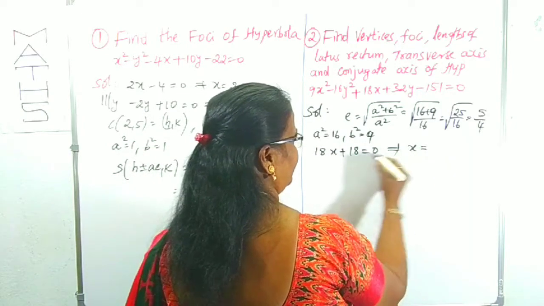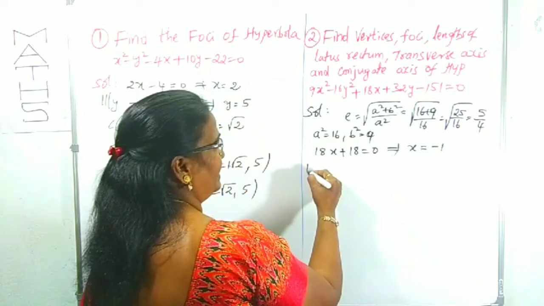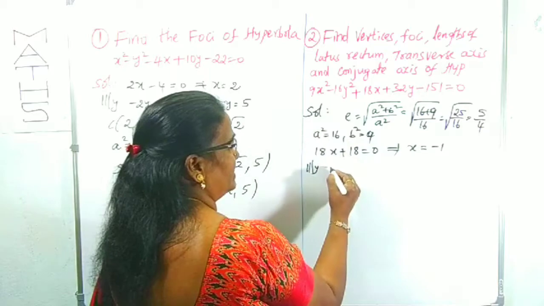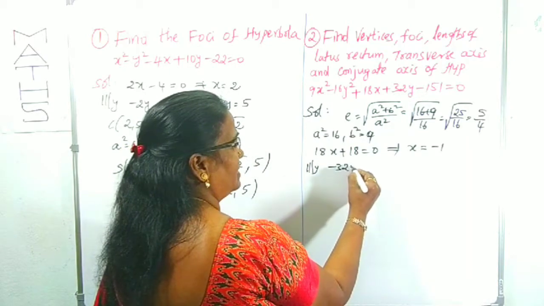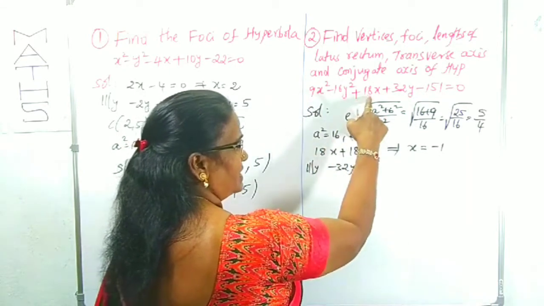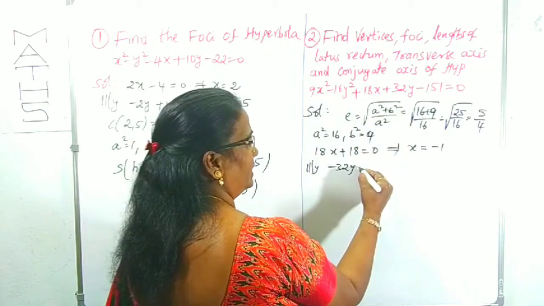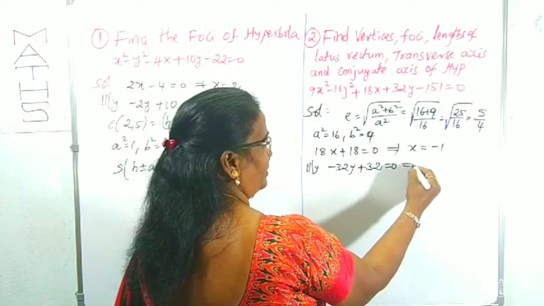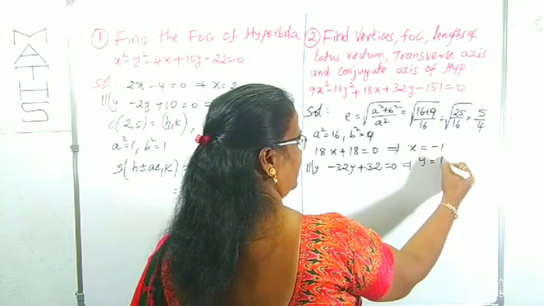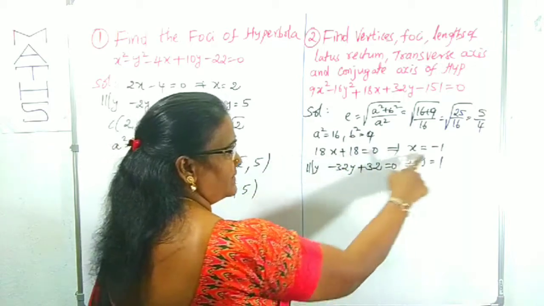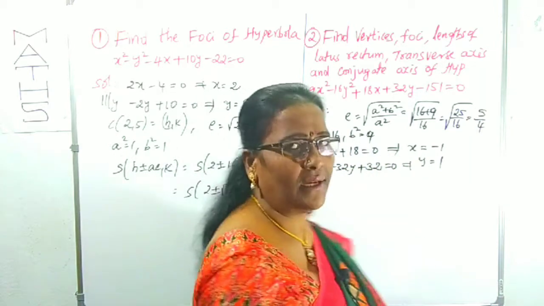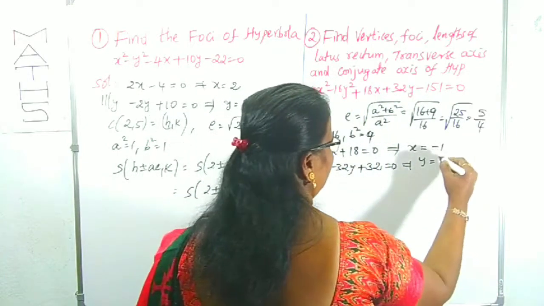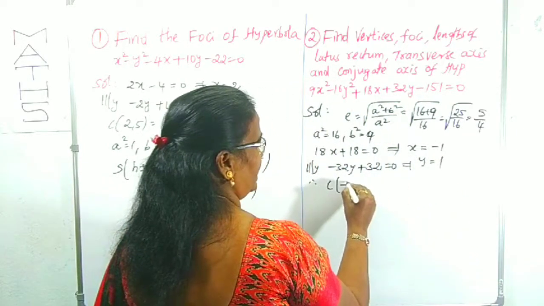Now it will be the x value. We can collect from this: x is minus 1. Similarly, we can differentiate with respect to y. Minus 16y derivative is minus 32y, this derivative is 0, plus 32y derivative is 32, which is clearly 0. From this we can collect the y value, which is 1. X value is minus 1, y value is 1. That is only our center. So what is the center now? C becomes minus 1 comma 1.